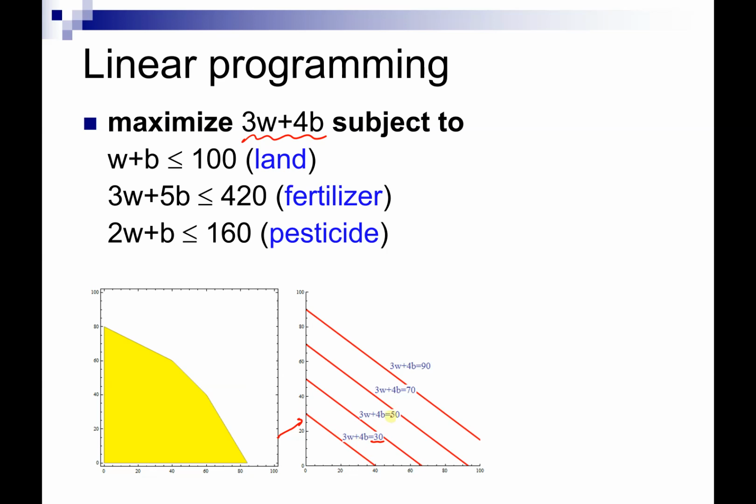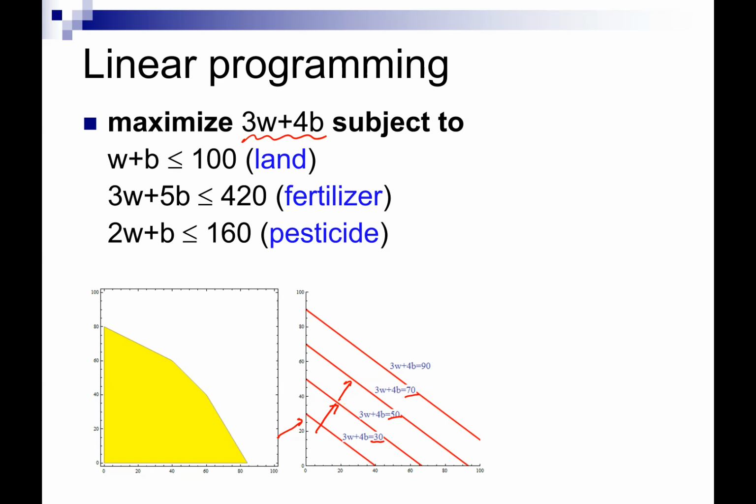Okay. And now if we change this constant, so if you change it to 50, then if you look for all the points where 3w plus 4b equals 50, that's also going to be a straight line. However, it's going to be shifted from the previous straight line where 3w plus 4b equals 30. So it's going to be shifted upwards in this direction. And then if you change the 50 to a 70, again the set of points that satisfy this equation over here is going to be a straight line